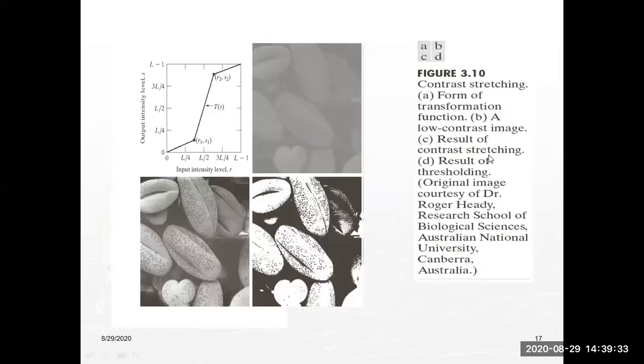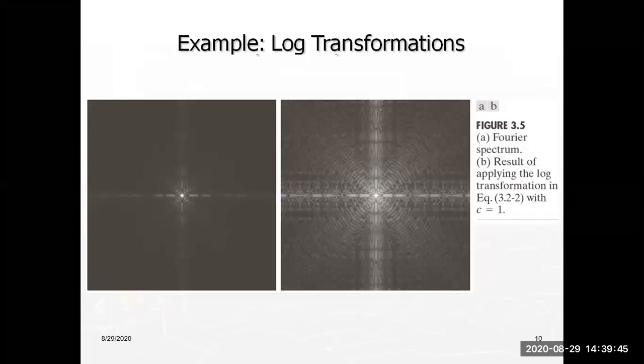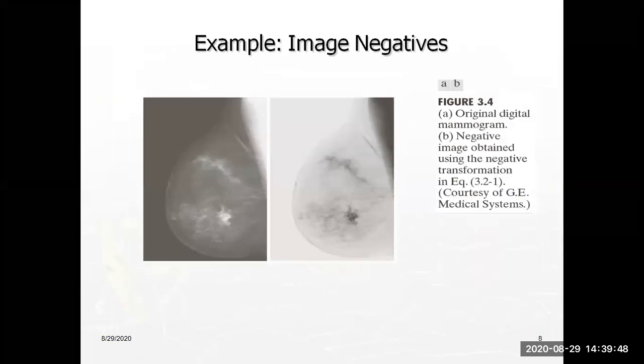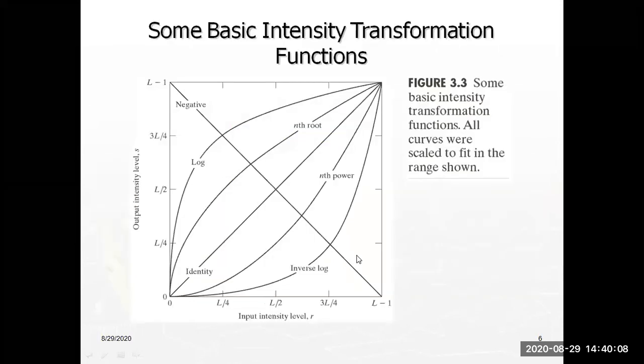C is the result of contrast stretching, and D is the result of thresholding. What is thresholding? I already showed it. This is contrast stretching. Suppose here I am taking one pixel and here I am taking another pixel. But here, what is this? Threshold. So if you apply these two functions, contrast stretching and thresholding,